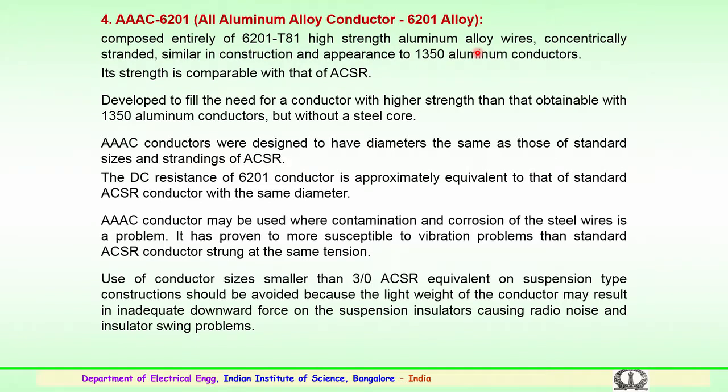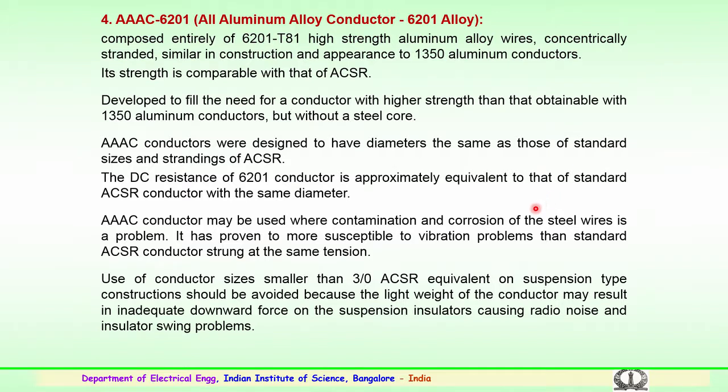the first conductor. So, this is developed mainly to fulfill the need for a conductor with higher strength than that which is obtained with the 1350 aluminum conductors, but without a steel core. So, AAC conductors were initially designed to have diameters same as those of the standard sizes and strandings of similar aluminum conductor steel reinforced. Here the DC resistance of this conductor is approximately equivalent to that of the standard ACSR conductor for the same